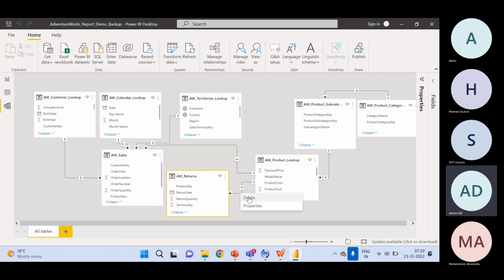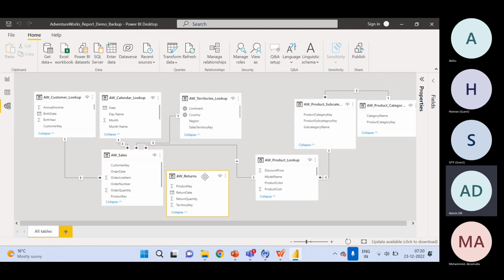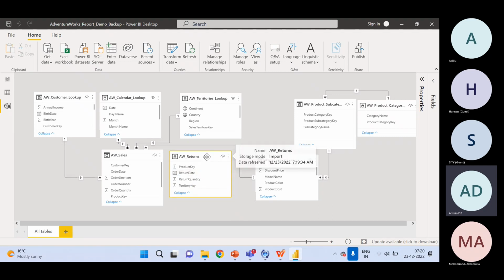I'll delete this because I want to do it on my own and not depend on the auto detect relationship that has been created by Power BI. So I'll delete that. So now this is the data set that we have. Okay. Whenever there are multiple fact tables or data tables in any modeling, you will not create a relationship between two fact tables. Okay, I'll tell you why. But for now, what I'll do is,